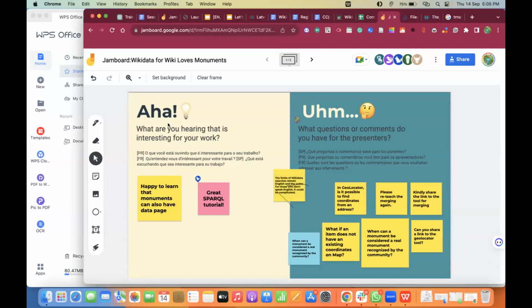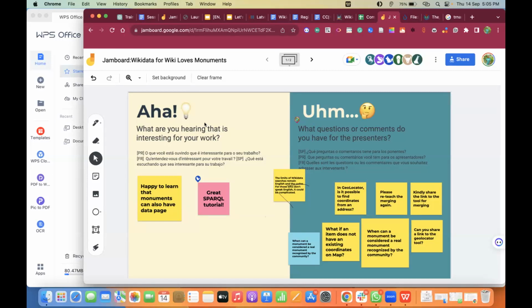Okay, I believe you all can now see my screen, and we have this Jamboard just to really help us think about what questions we have and what has been very interesting as a part of your learning for this session. So to go over some of the comments, I see some very interesting ones, and it said,